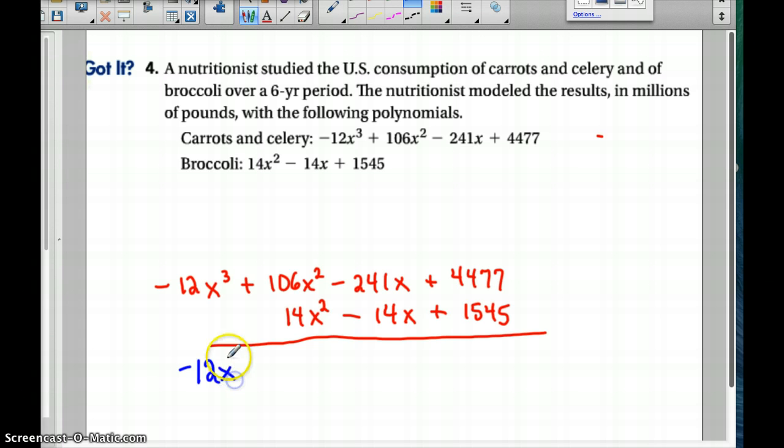And when you add 106 and 14, you get a total of 120x squared, since it's x squared. And when you add a negative 241 and a negative 14, when you add two negatives, remember it just gets more negative, becomes a negative